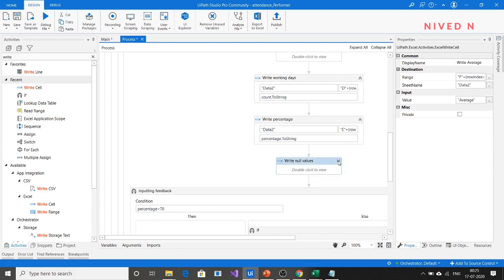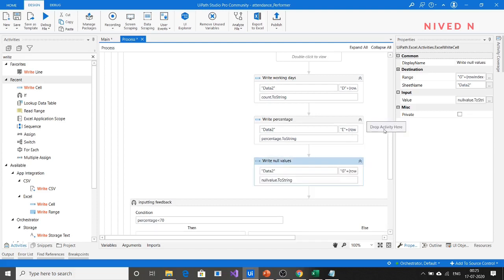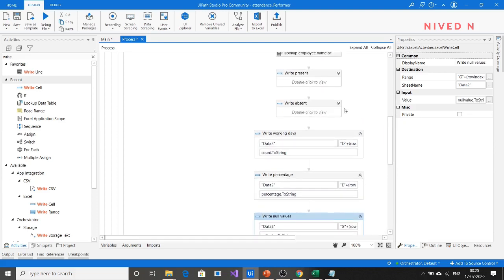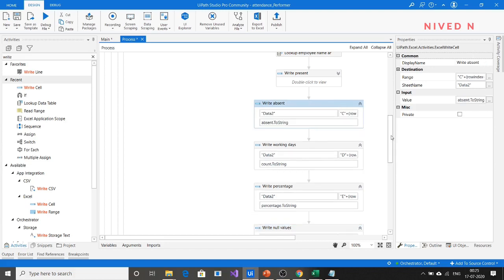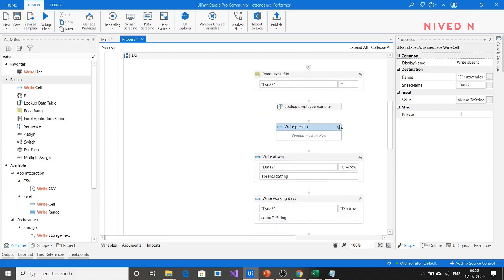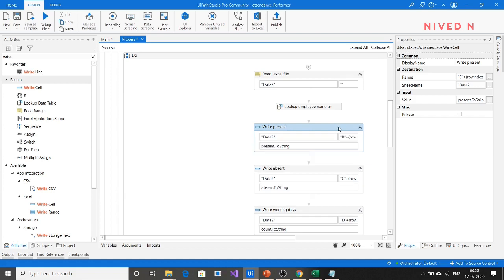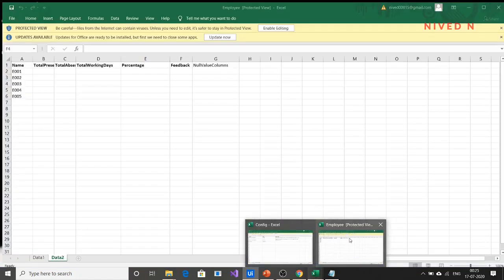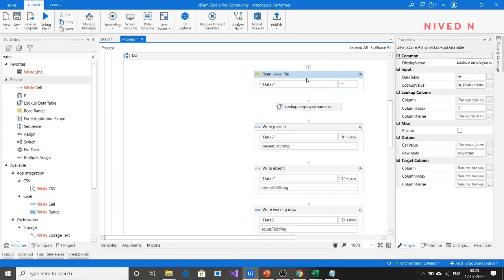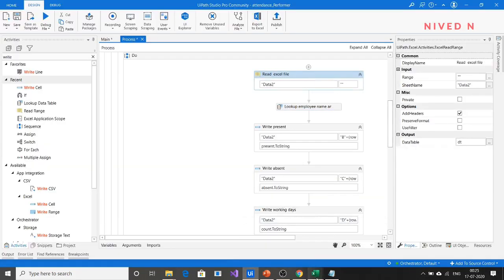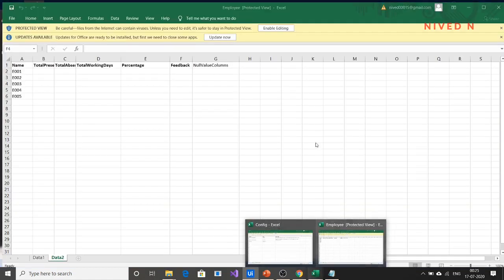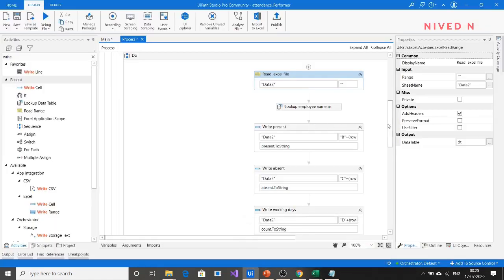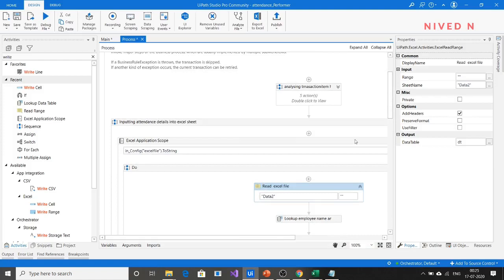Null values, data 2, absent, percent, row index, correct. Okay, so everything is correct.